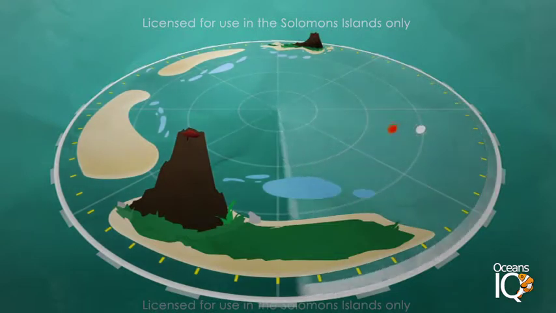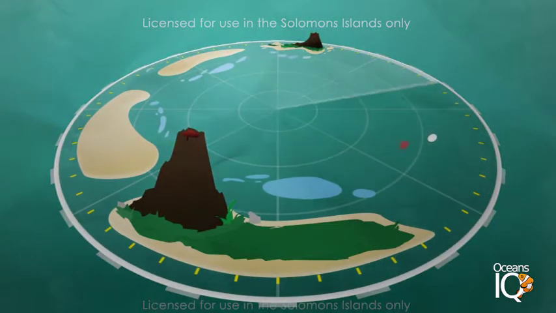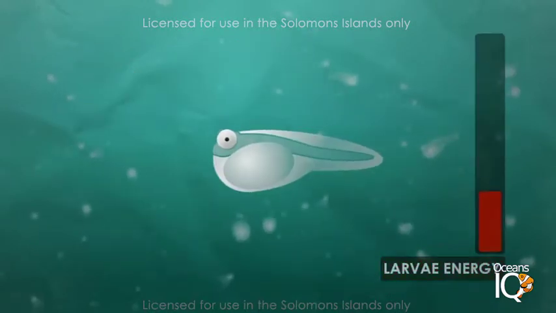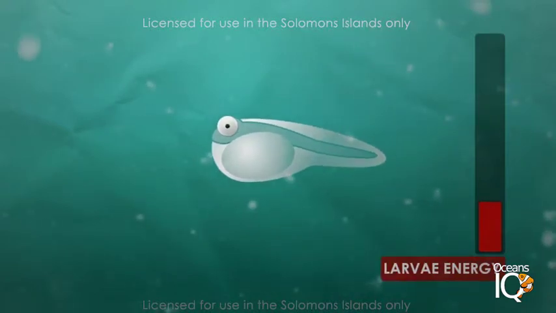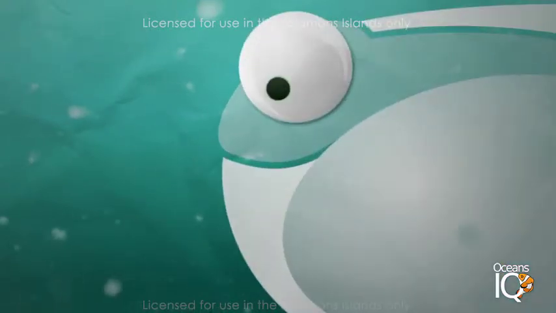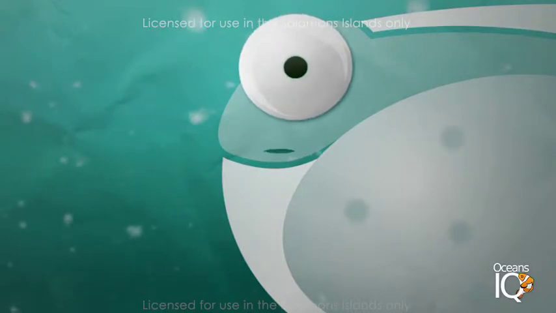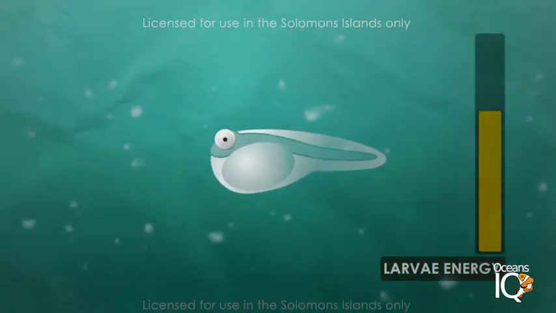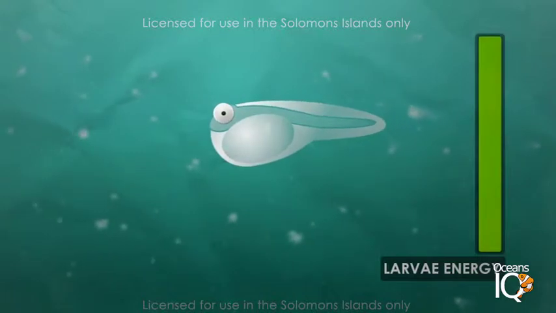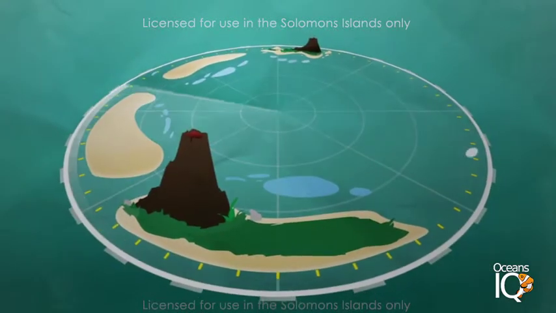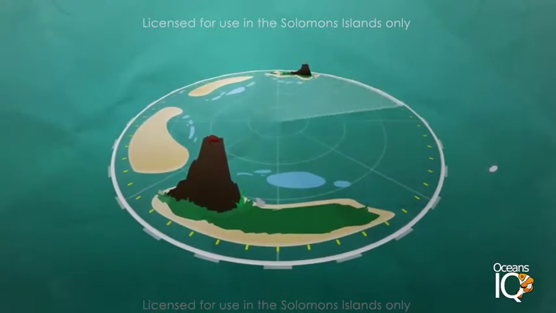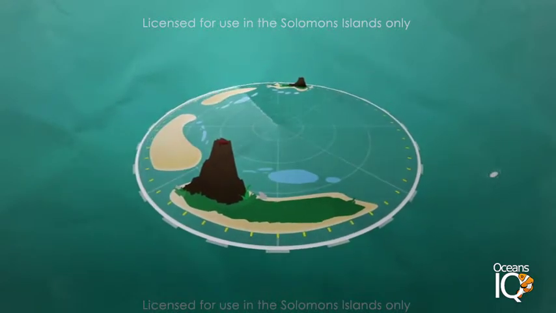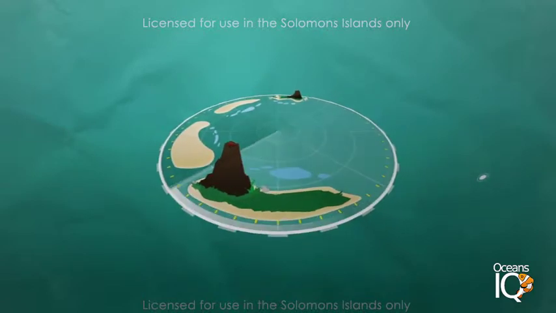For this reason, some species can only make short hops between nearby islands, a journey on the ocean currents of just a few days. But some larvae are not only born with more energy in the form of egg yolk, but they also start to feed while they are living in the plankton. Being able to feed while travelling on the ocean currents recharges the batteries of these planktonic voyages. This is why some larvae can travel great distances between far-flung islands in the oceans.